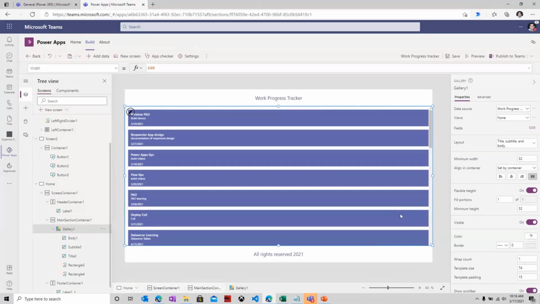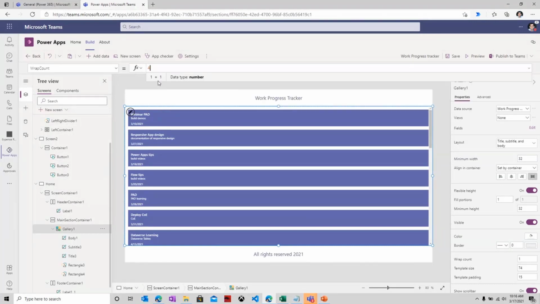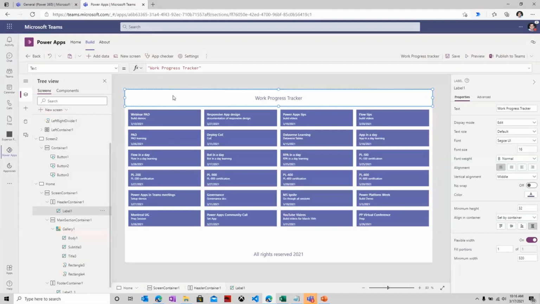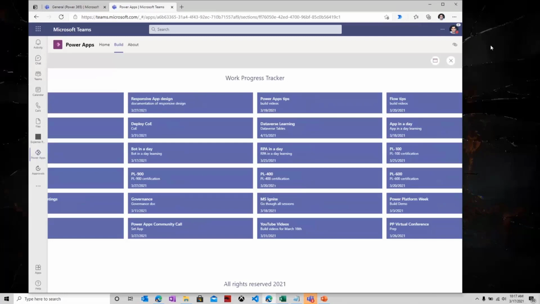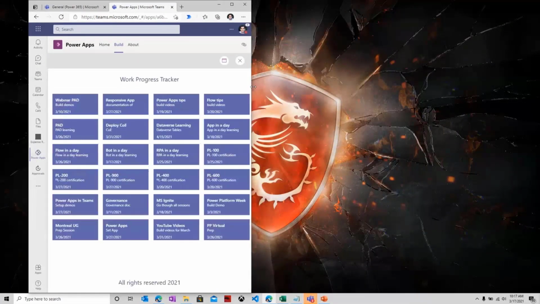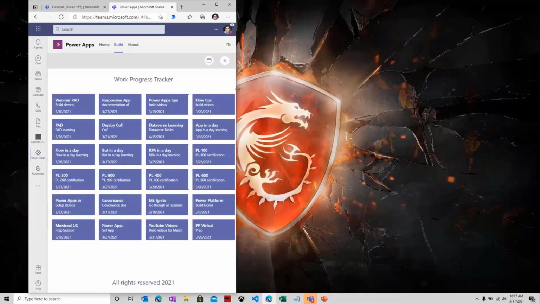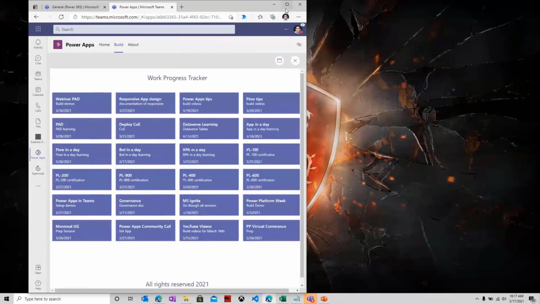Now I have a lot of real estate on the screen. Why not use it? Well, for the gallery, there's a property called wrap count. I'm going to change this to 4. And now I have 4 items or 4 columns of data as part of my gallery. If I preview this, this is working. This is looking good on a desktop screen that I am on right now. But as my real estate shrinks, it will still try and fit it to those 4 columns because I've hard coded the wrap count to 4. And this will not look good on a mobile experience for sure.